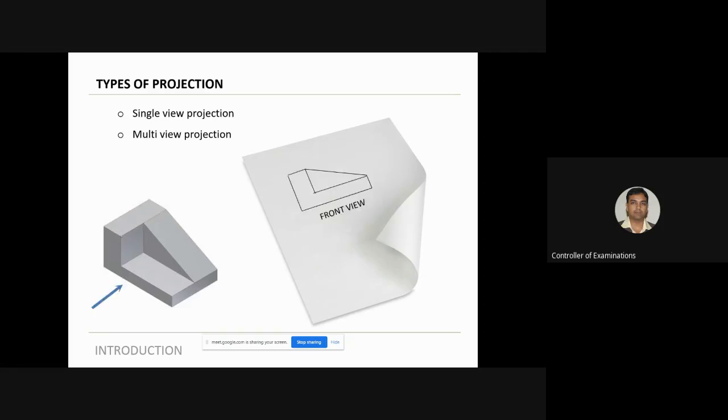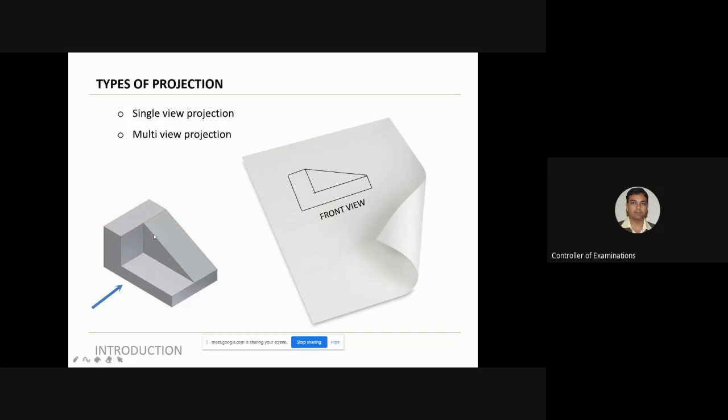You can see another example here. You see this blue arrow. This indicates the viewing direction. So the observer is looking at the object from this direction, and what he sees is what he draws here. So this, you can say, is the front view of the object, because the person is viewing the object in that direction. So he is going to see only these portions. So this is what he actually sees in the front view, a particular view.